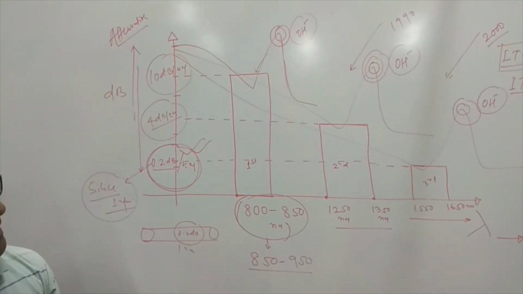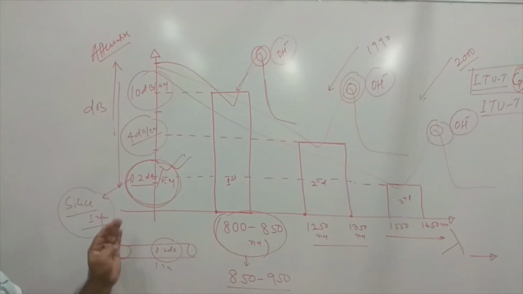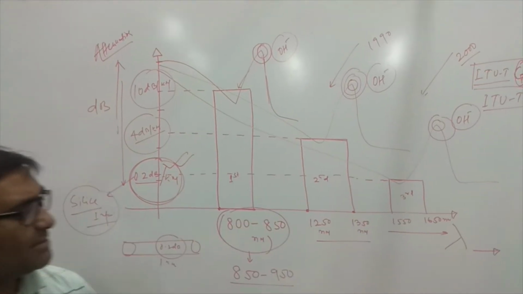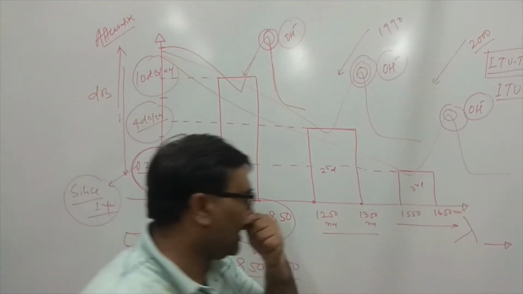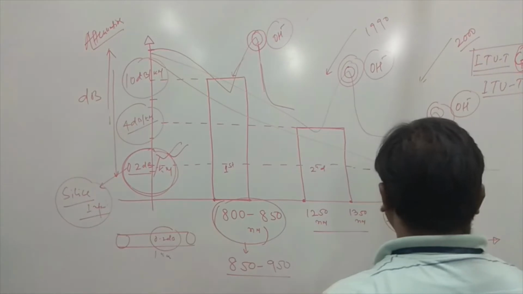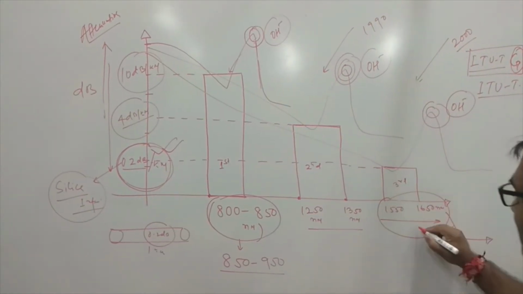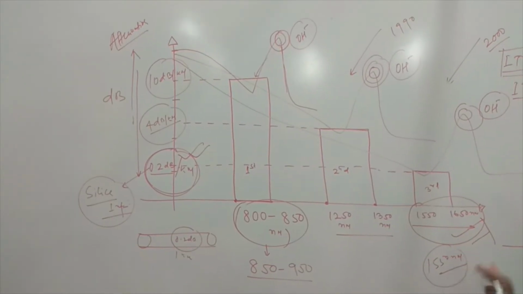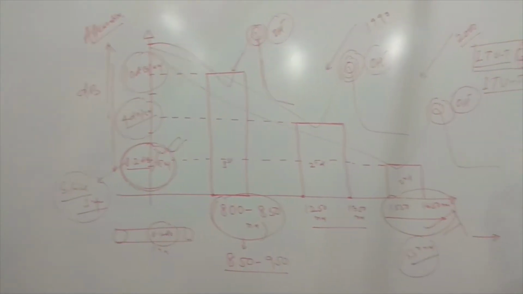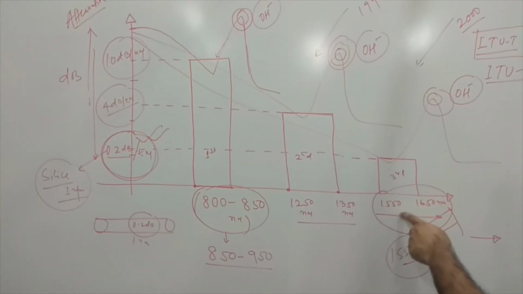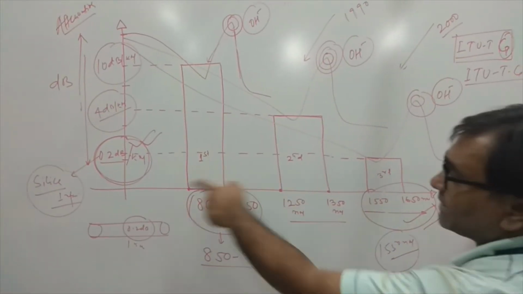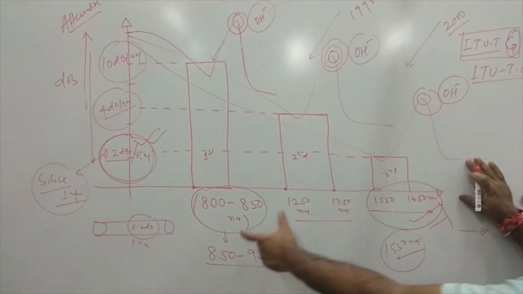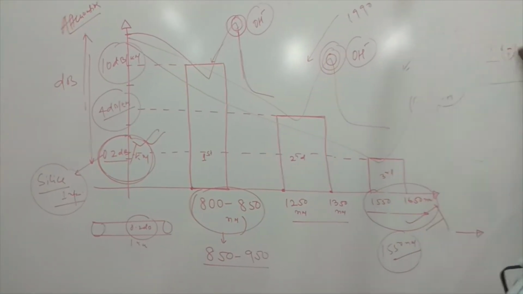So the question is, why does this value decrease as wavelength increases? No, not only the wavelength, right? Yes, wavelength is one factor. If you work in this 1550 nanometer window, yes, very good, attenuation is less. But what is the other factor associated with the reduction of attenuation? The other factor, rather than the wavelength, is known as